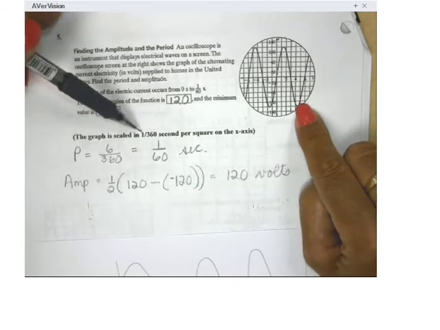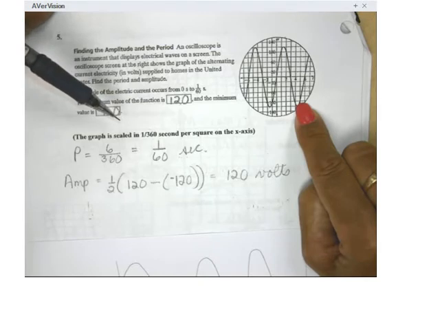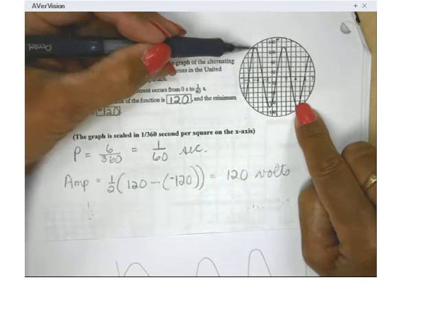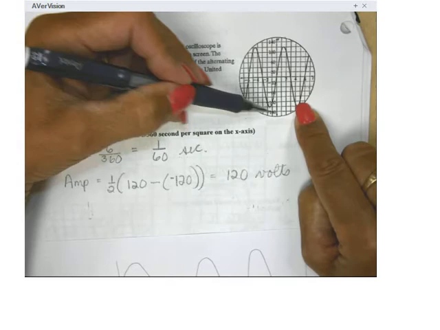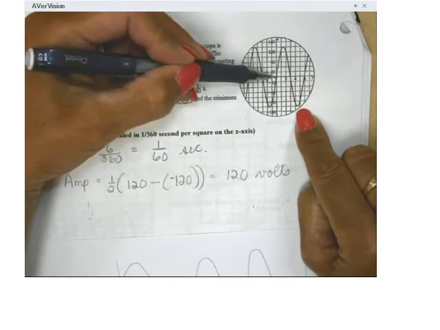Also, this graph is scaled so that each of the little tick marks is actually 1/360th of a second, so 1/360th of a second for each of these squares. And so if I count either from high to high, or from low to low, or start right here at a middle